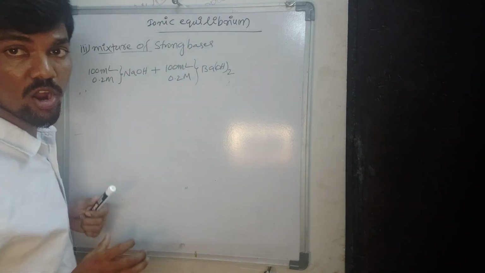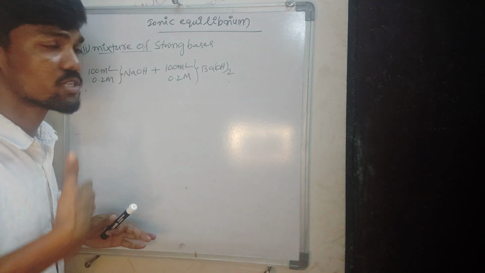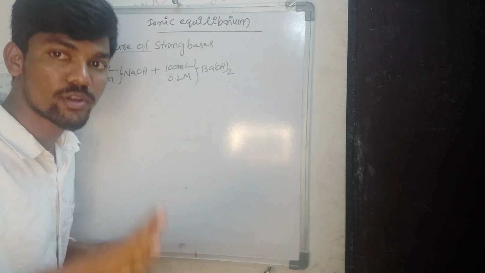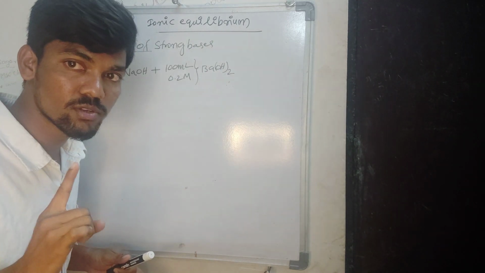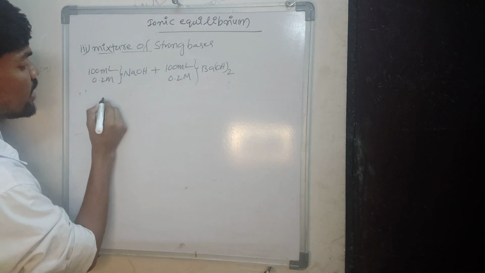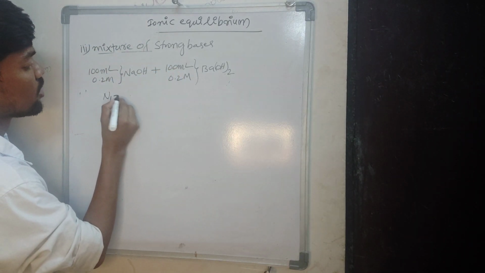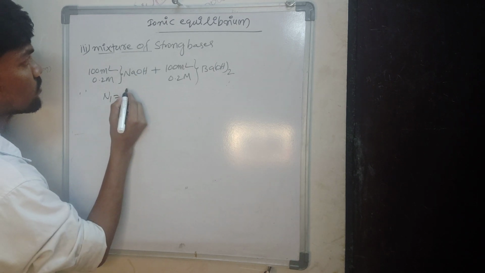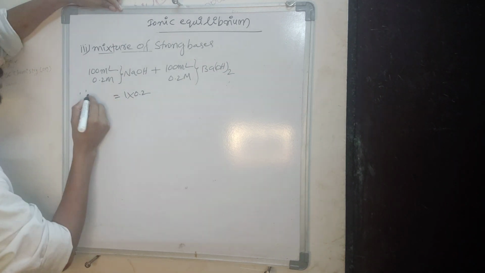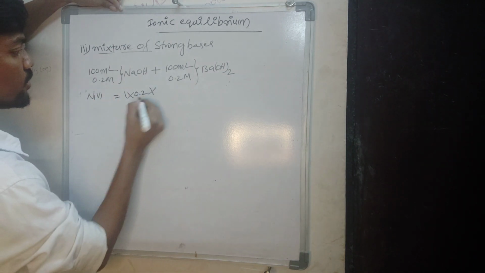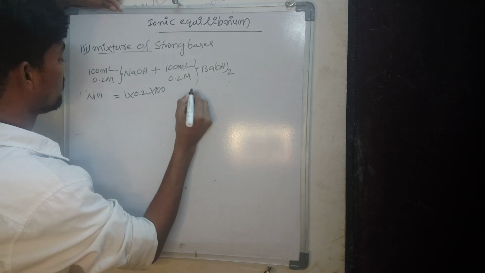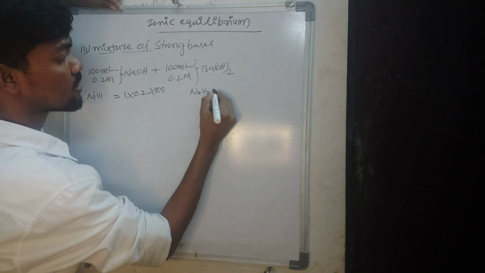Next, the fourth option: how can you find out the pH value? What is given? Strong bases are given. Bases given means how can you find out pH? First of all, we have to go through the pOH value. Then only 14 minus pOH we can get the pH value. Then coming to this point, what happens? The N value you have to find out. N1 how much is it? Valence factor 1, 1 into 0.2. N1 V1 directly we will write here, into 100 ml for this one. Here how many valence factors for N2 V2? 2.